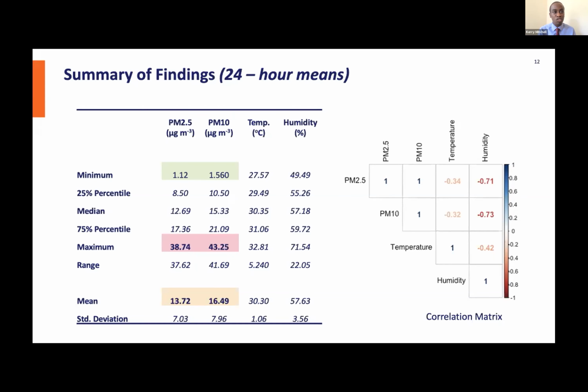But environmental conditions like temperature and humidity do not vary as much. There were no relationships or associations found between temperature and particulate matter concentrations, but there is an association between humidity and particulate matter concentrations, as we can see from this correlation matrix. And basically what we're seeing here is when you have high humidity levels, you are likely to have lower particulate